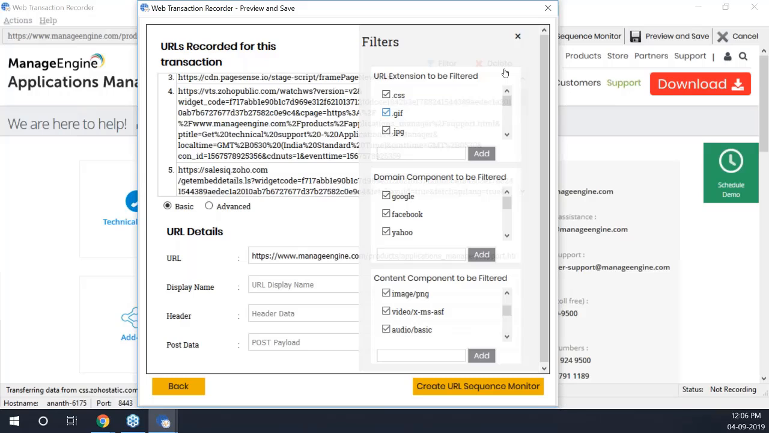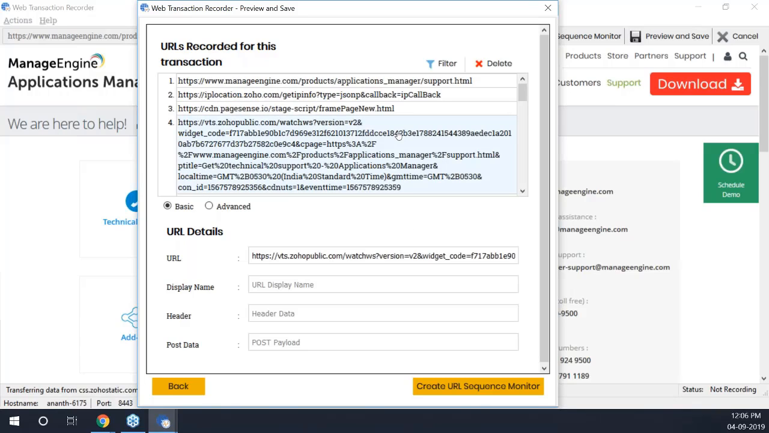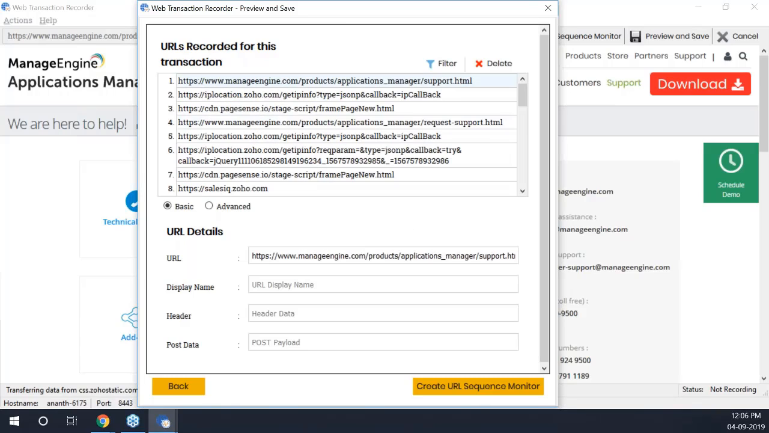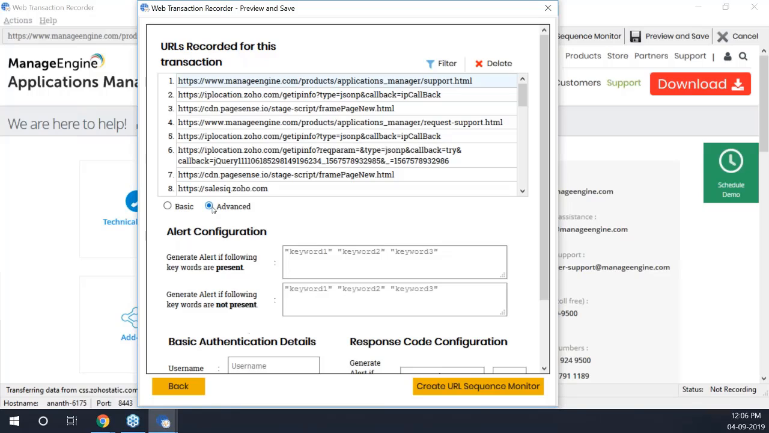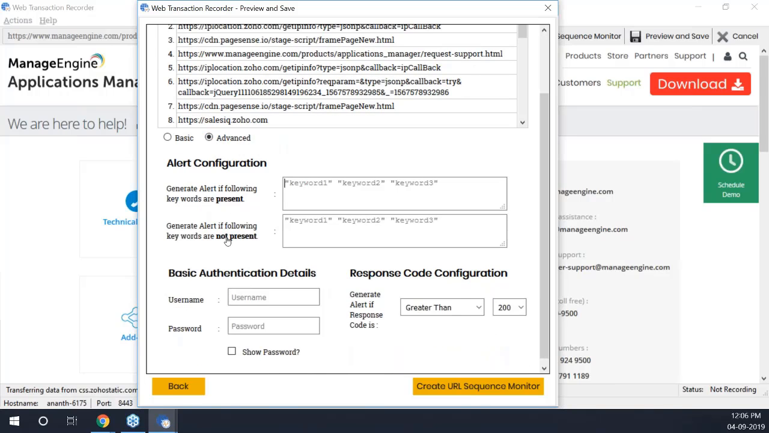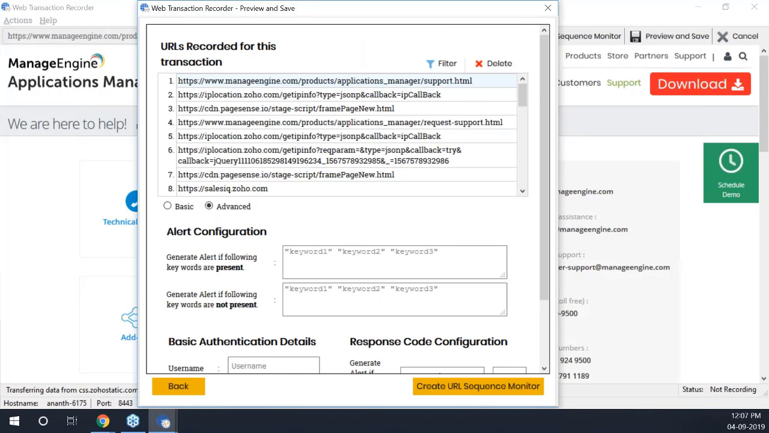Also, if you click the advanced section, here we provide content check for a specific website. That is, if a specific keyword is present in the website, then we generate an alert. So here you can specify the keyword in double quotes as we have mentioned, and if this is present in the website, then alerts can be generated. If the keywords are not present, similarly alerts can be generated. Then you can click create URL sequence monitor, and as you could see, a prompt says the monitor was created